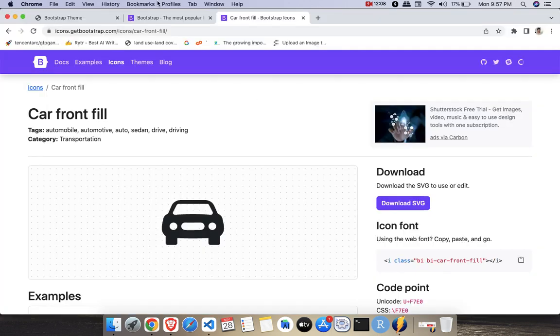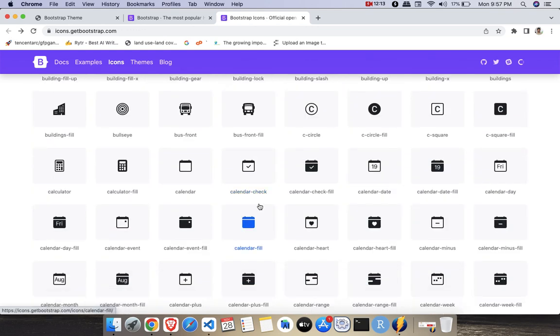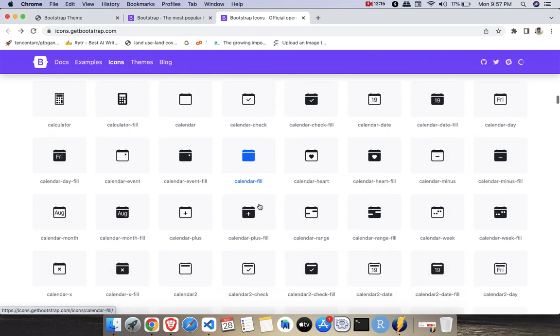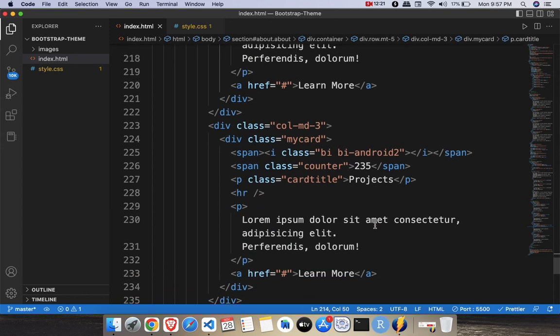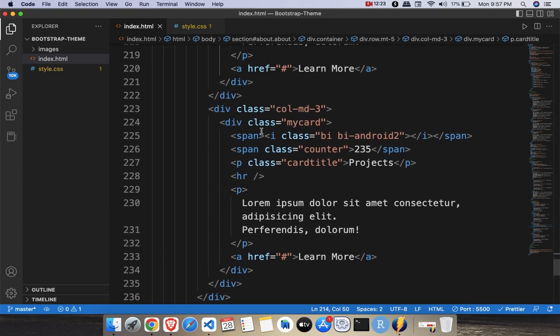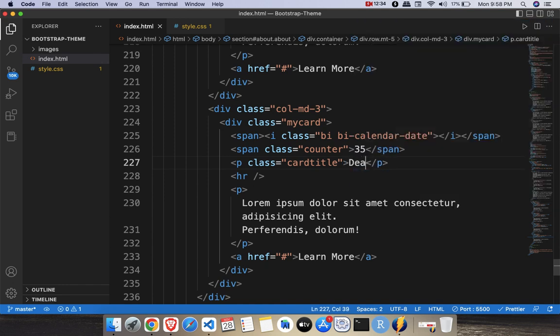Okay, and the last icon, you can select any one. I'm selecting any random one. You have to select as per your requirement, and this calendar date which I want to select. So again I'll copy that icon, come to the last card, this one, change the I tag, and again change the title as mm, deadline,